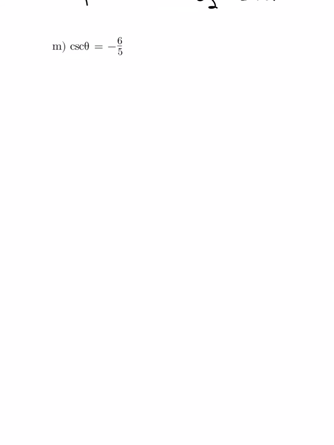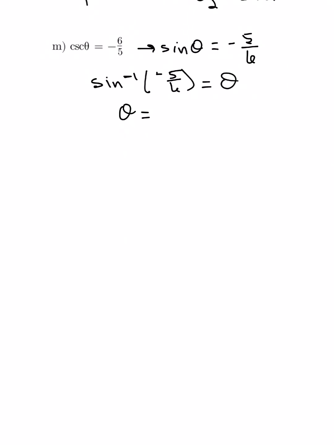Example M gives us the equation of cosecant of theta equals negative 6/5. The first thing we want to do is rewrite this as the sine of theta equals negative 5/6. Then we're going to do this on our calculator, and to figure out what theta is, we have to do the inverse sine of negative 5/6 to get theta. In doing that, we get theta equals negative 0.985. Negative 0.985 would drop down into quadrant 4. So let's sketch where that would be. Our theta is negative